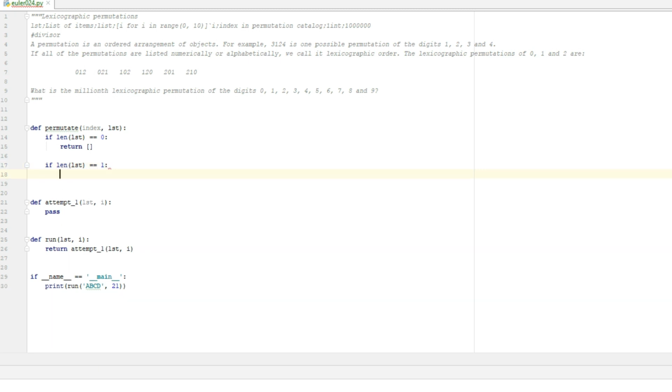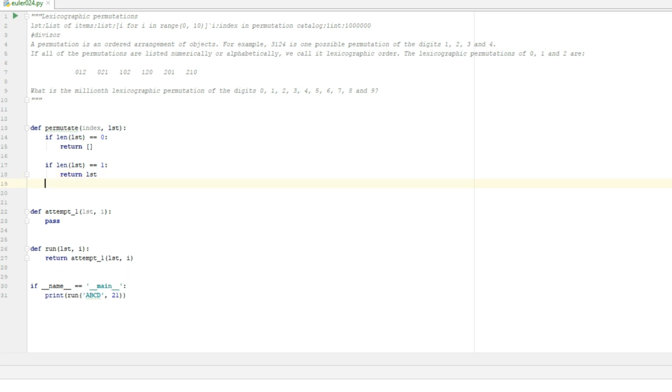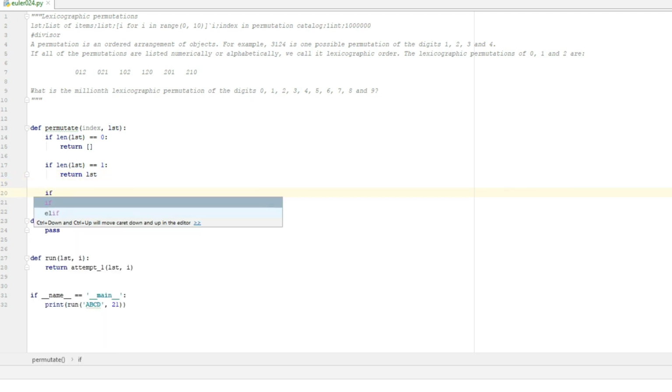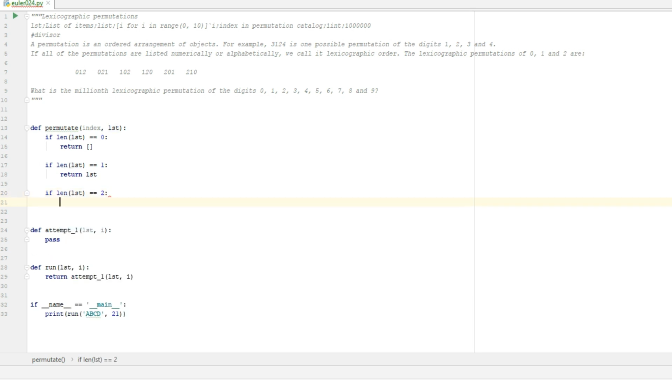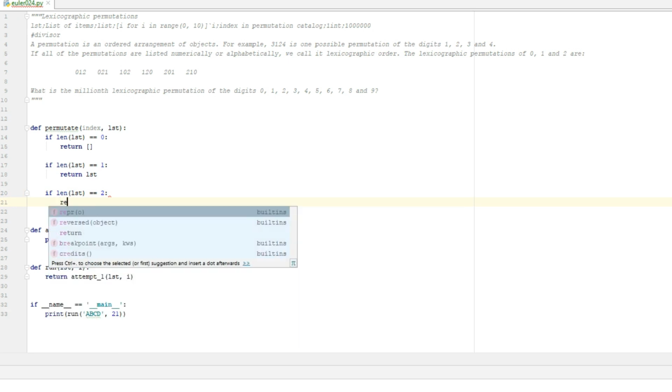If we get only one element in our list, then we want to return the list itself. And if we have exactly two elements, then we want to return